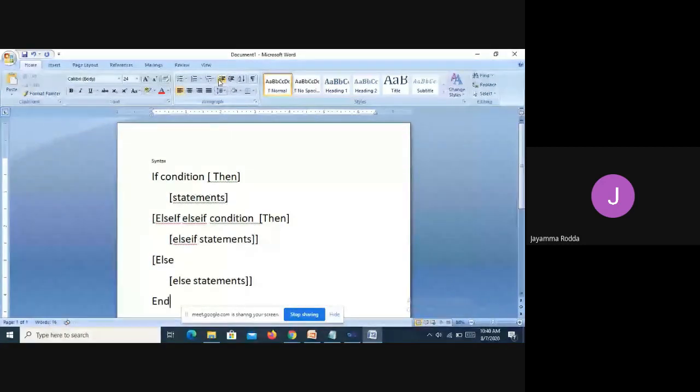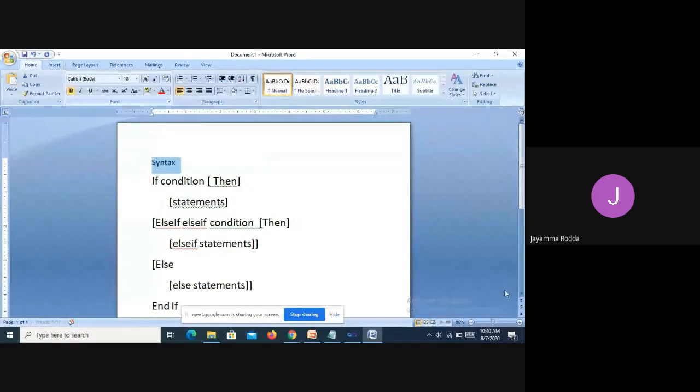End space if, within which I is capital and E is capital. So this is the syntax that we should be following for the if else statement: if the condition, then a list of statements, else if condition, then else if statements, then finally the else part, in which the else statements will be executed, and the if condition is ended finally. So this is the syntax for the else if statement.